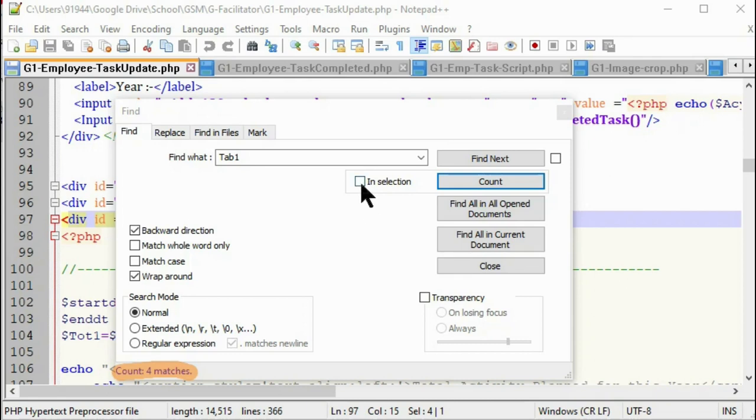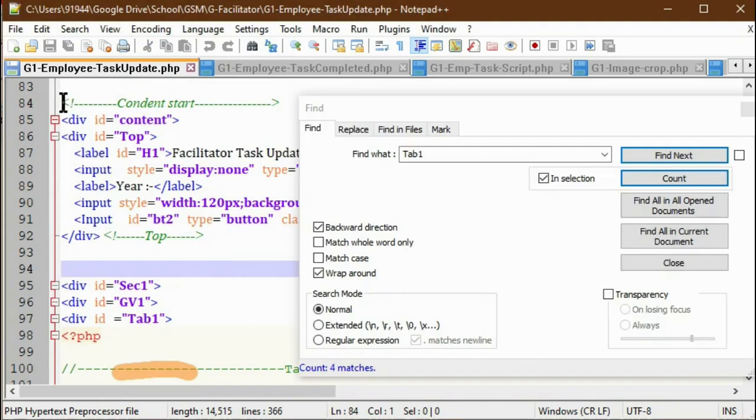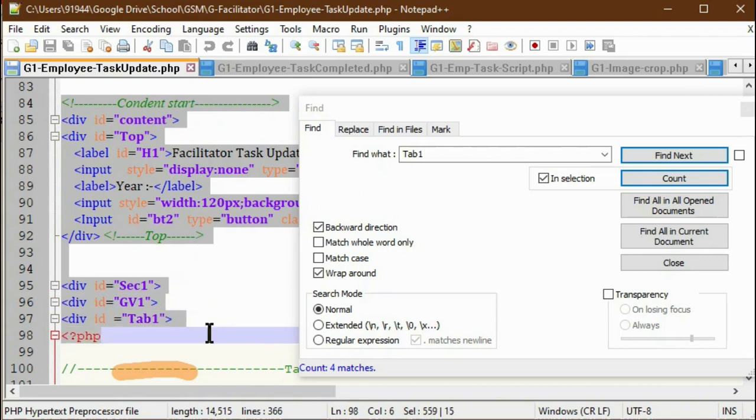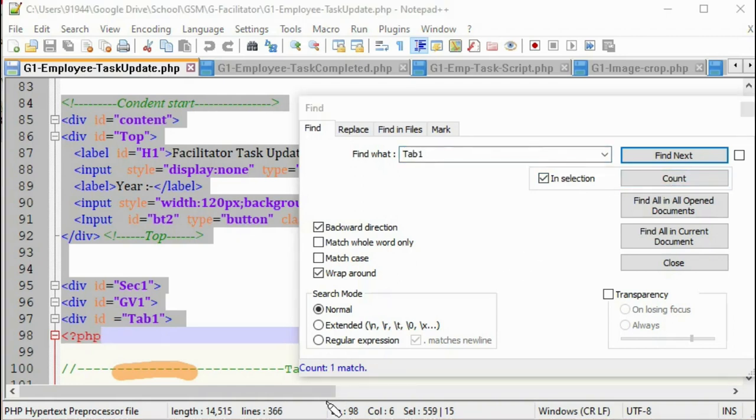If you check it, it will count the word only from the selection. Suppose I have selected one piece of content from the file, then I check In selection and click Count, it shows only 1, because in the selection only one match is available.